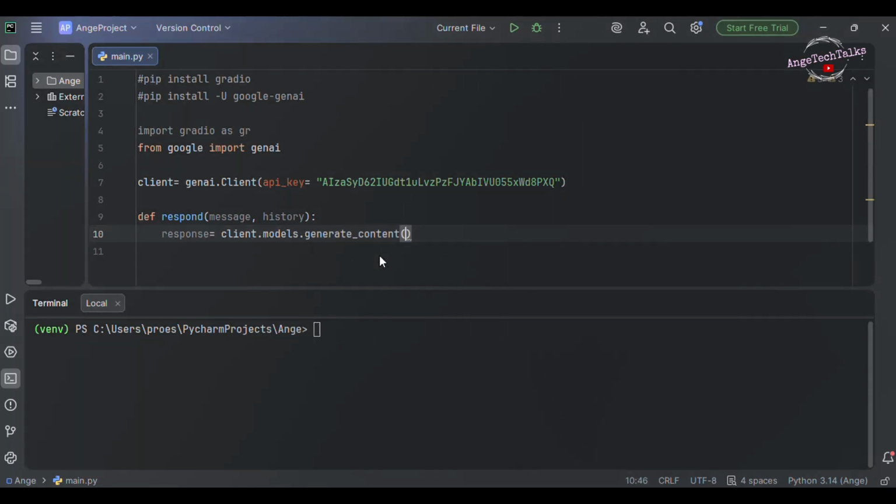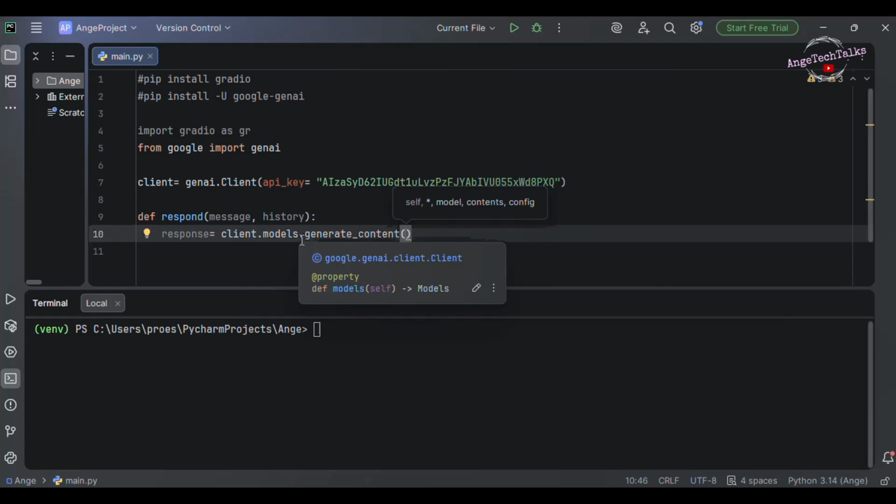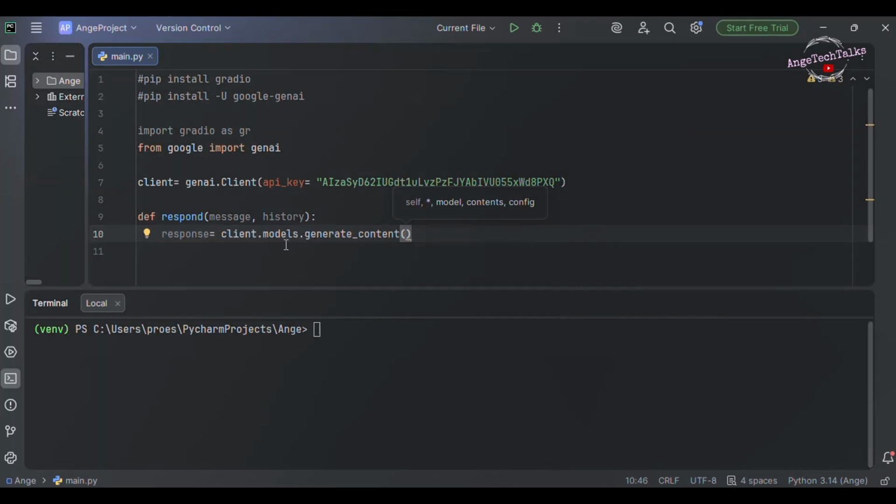Okay, so here we will send the user message to Gemini AI to generate a response. Okay, client can do many things. For example, send messages, generate text, create images, etc. Okay,